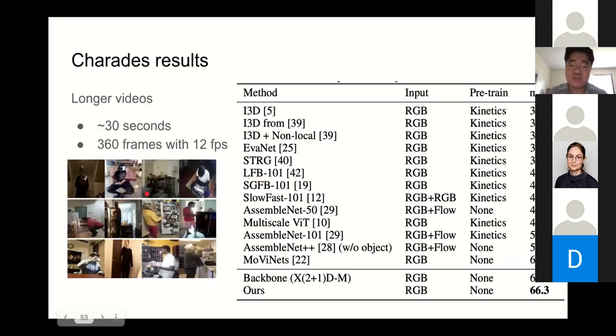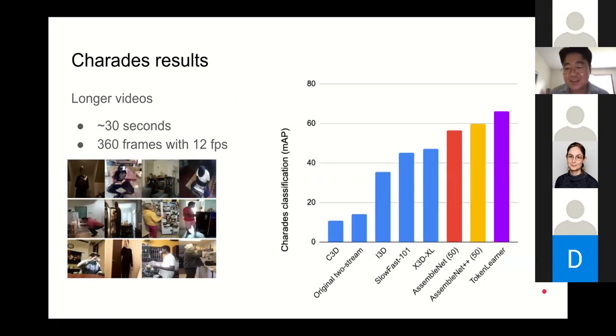And this is how things look on Charades. It's the same dataset we used to evaluate AssembleNet, and it has many frames. And yeah, the numbers are getting bigger, but if I just try to visualize this, this is how things look. AssembleNet was great. It was previously the state of the art. Now, TokenLearner is beating AssembleNet by like 6% or 7%. And it saves computation as well. I mean, almost by twice, because AssembleNet was multi-stream, using a similar amount of compute as two-stream. TokenLearner is a single stream.